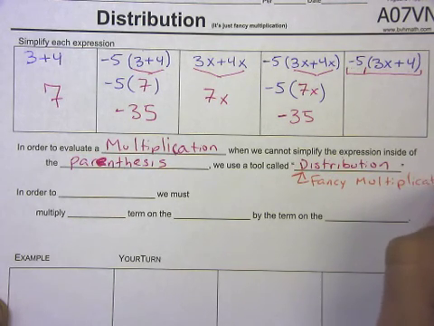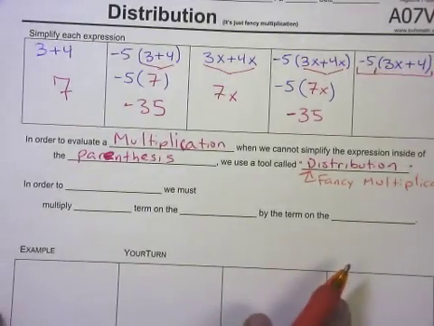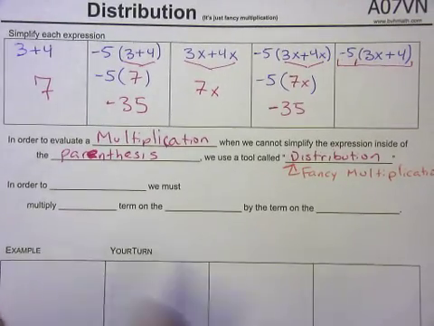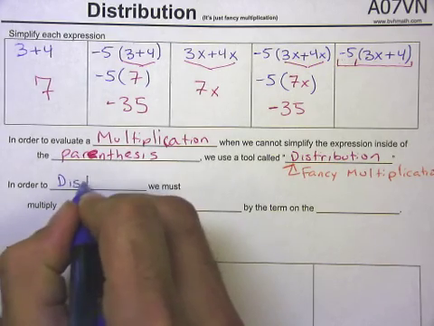Multiplication. I can spell and talk at the same time, I swear. Multiplication, see, there's the rest of that word. All right, so all we're doing is we're learning how to do a multiplication. In order to do this new kind of multiplication, this distribution,